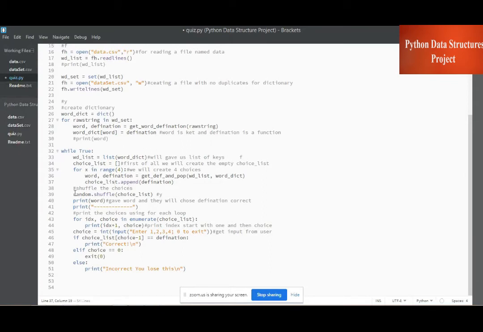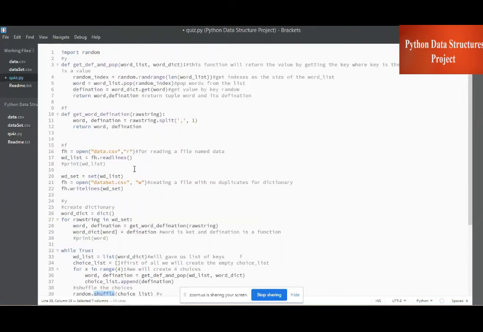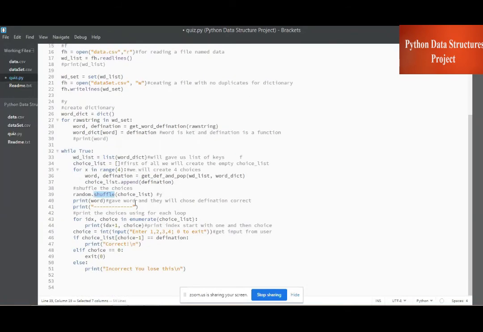Yes. And then we are going to demonstrate the core of our problem, that is randomly choosing the words and options for our project. That is our built-in function shuffle from Python, and we have imported the random library of Python, and we give it a choice list. I mean, with respect to four, it will return the choices like one, two, or three. Next, from the choice list, we have printed a word, a country name,